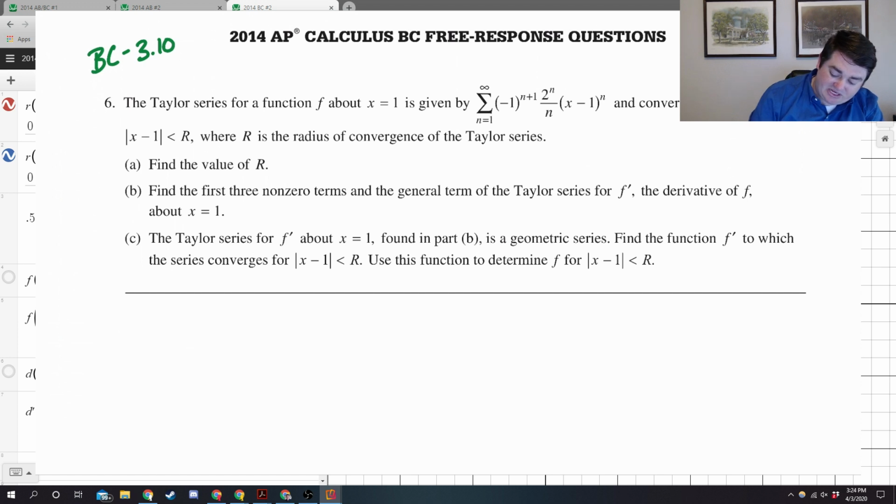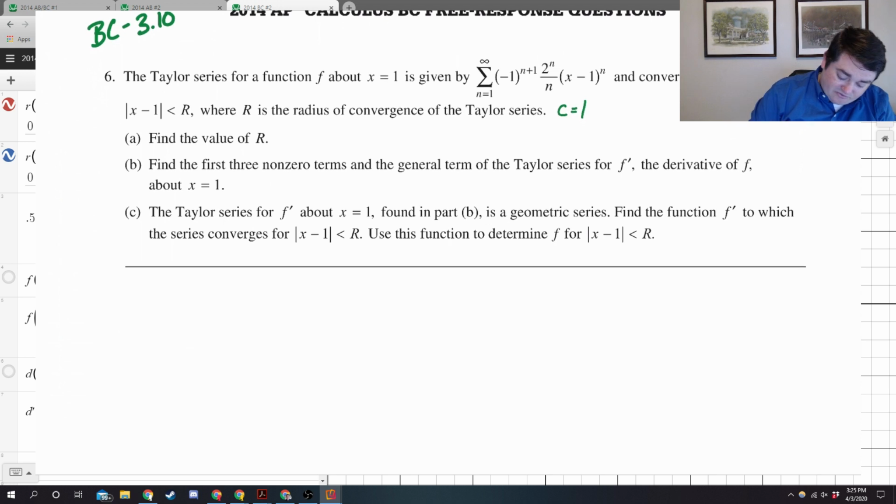So let's pause for a second and recall the center here is definitely 1. Part A says find the value of r. So we're basically being asked to find the interval of convergence here. We're being asked to find r, not necessarily whether or not the endpoints converge, which will save us some time. But ultimately, we're going to solve this the way that we usually do interval of convergence, which is with the ratio test. So for part A, I'm going to say the limit